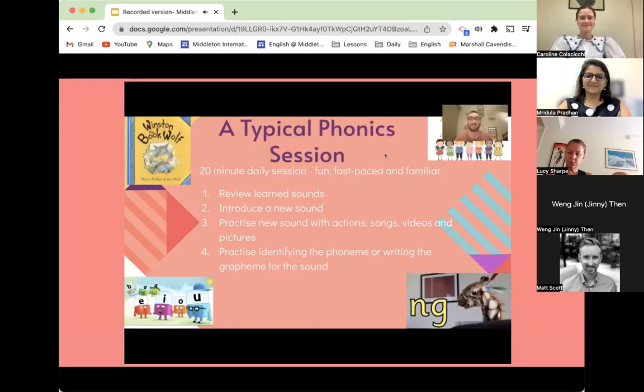And then after we have watched a video or sang a song or written down the words that contain that sound, we practice identifying the phoneme or writing the grapheme for the sound. And this can involve writing sentences or having a picture. We had a picture of a cow in a gown with a frown. And essentially the children can practice writing the phoneme in a sentence. So that is a typical phonics session and how it is planned out,